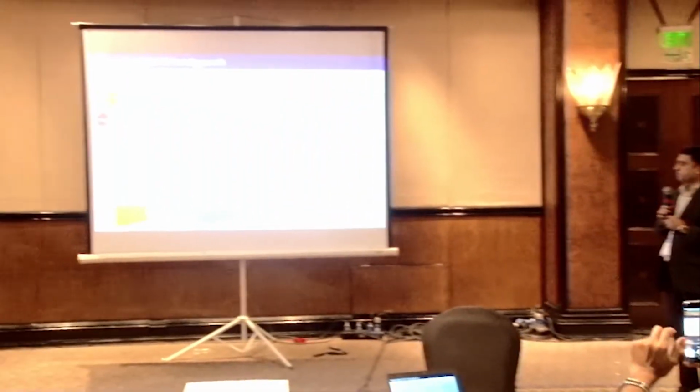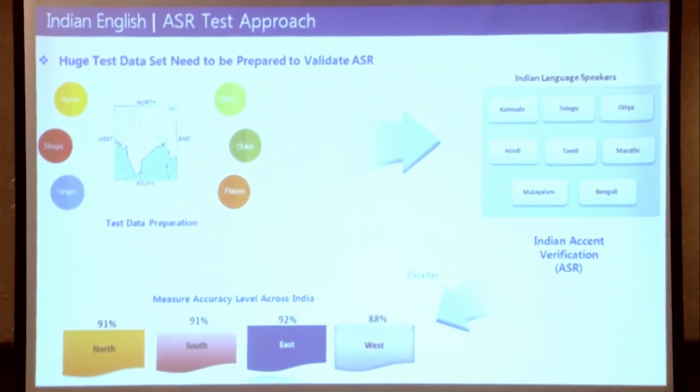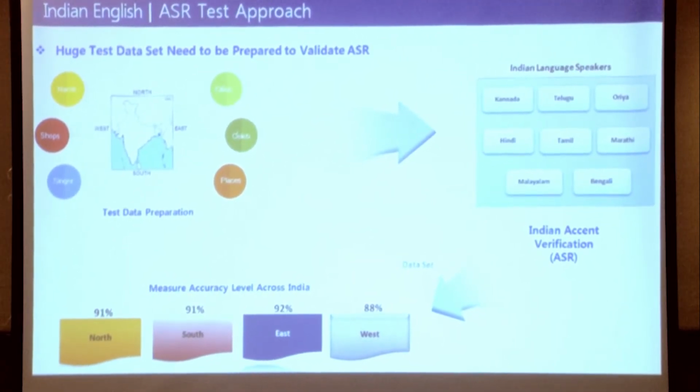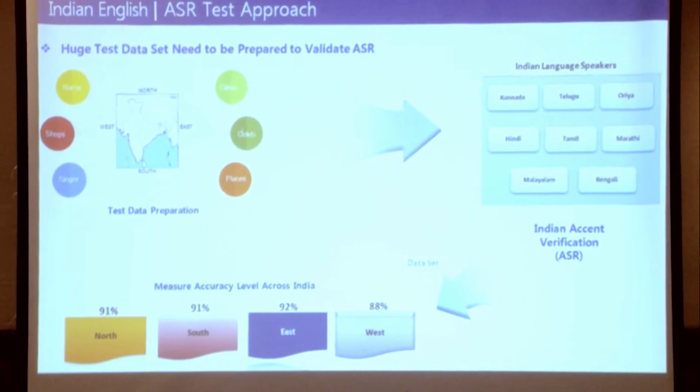So this is a typical example of Indian English. As you know, Indian English is very complex. Although it is English, India is a very big country. We have people from east, west, north, south. Everybody speaks English in a little bit different way. And also the vocabulary: on the north side, you have your film actors in the north and in the south, the names are quite different. So if your ASR and NLU are not trained properly for those vocabularies, then your system will fail.